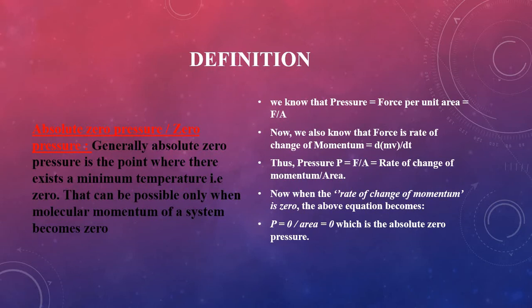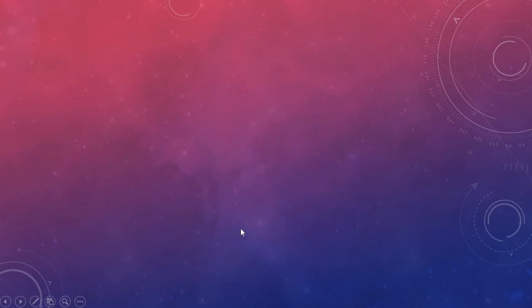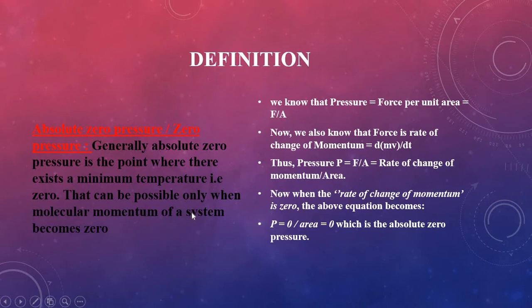Generally, absolute zero pressure is the point where there exists a minimum temperature zero that can be possible only when molecular momentum of a system becomes zero. So why is it mentioned that molecular momentum of a system should be zero? It is mentioned that molecular momentum of a system should be zero and the minimum temperature should be zero. So it can be proved by a